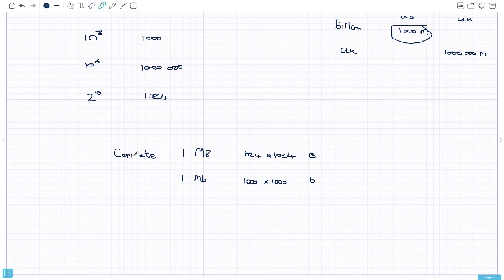If it's computer, PC based, it tends to be the 1,024. If it's network based, it tends to be more likely the power of 10 based. So when you buy a gigabit link from your service provider, you're getting 1,000 times 1,000 times 1,000 bits per second. When you have 1 gigabyte of RAM,